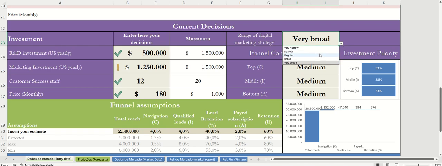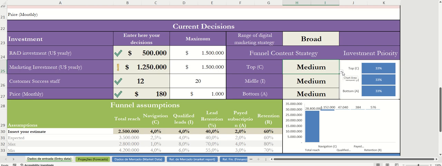For instance, I can have a very narrow range to reach just a few customers in the market, or I can try to reach a lot of customers. I think that very broad is too much for the market. Let's say that I'm going to invest broad in terms of digital marketing range. And finally, the last decision is to define what will be the investments in different types of content. You can invest more money